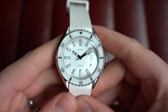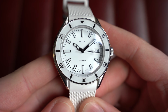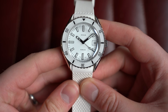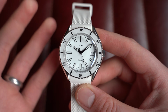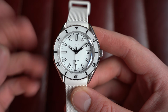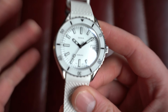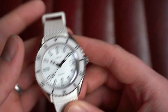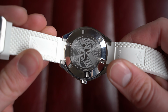Next up, a very nicely done Doxer Sub 200 White Pearl, as you can see, with that really nice glossy white dial, white bezel, and white rubber strap. This is really an attractive watch and quite surprising on wrist. You might see it at first and go, that's a bright watch, you know, everything about it is bright. It's kind of like a white G-Shock or Swatch or something, but it really does work and it really does wear very nicely as well. Just like the others, I won't bore you with the reference, nice and long, you can see it on the website. And behind this case back is an automatic Sellita SW200, and this one's from June 2021 with its box